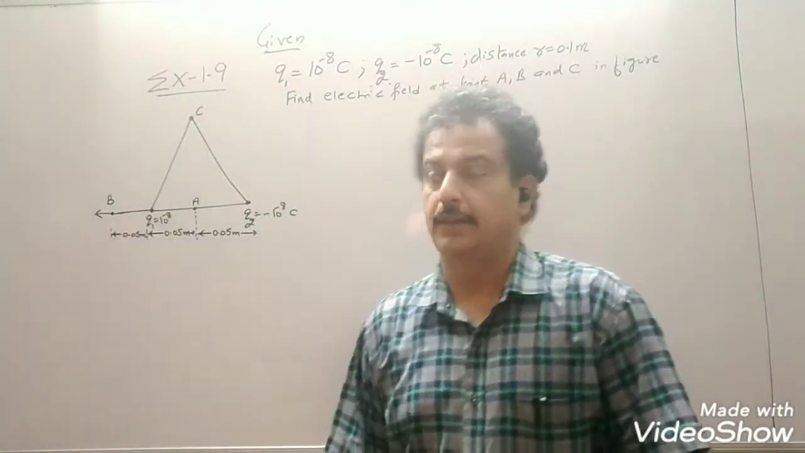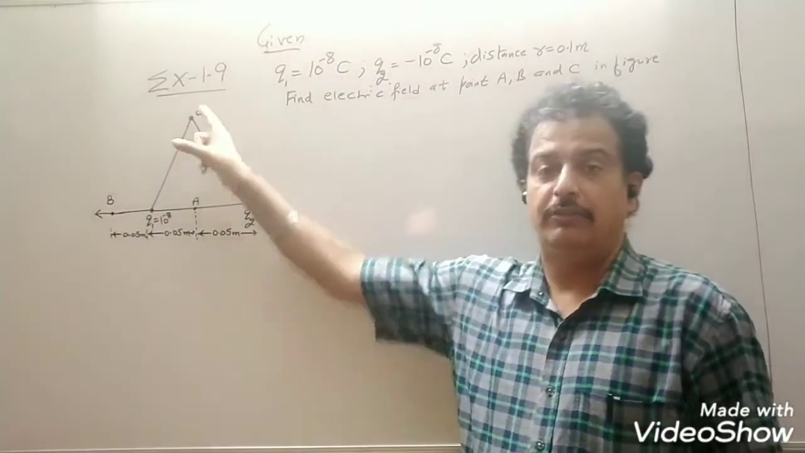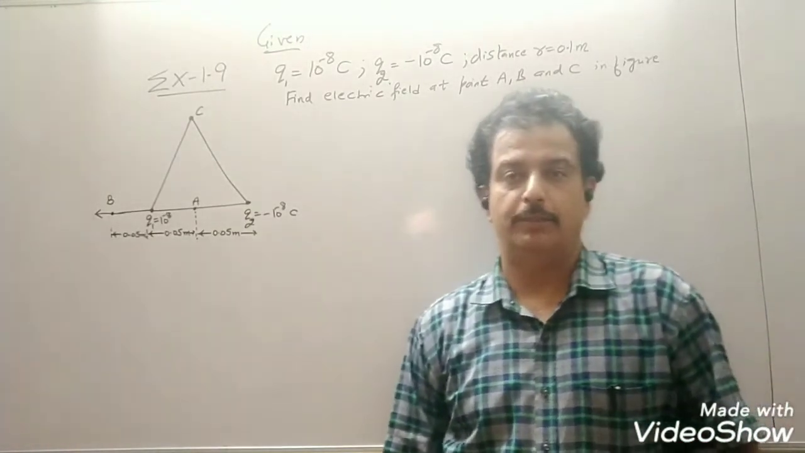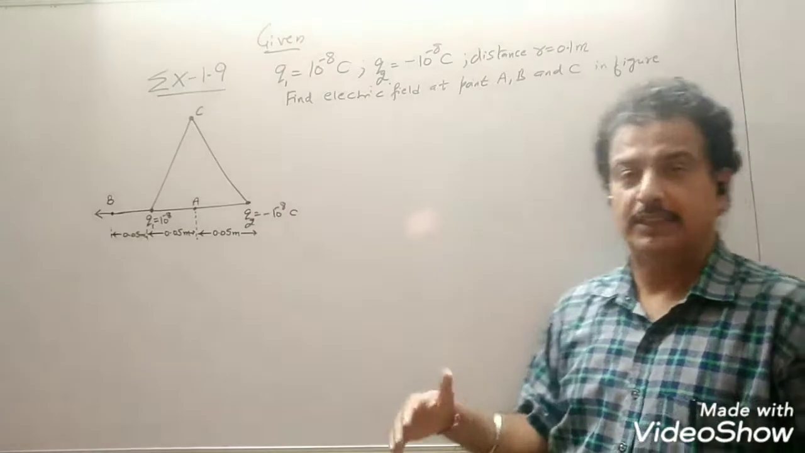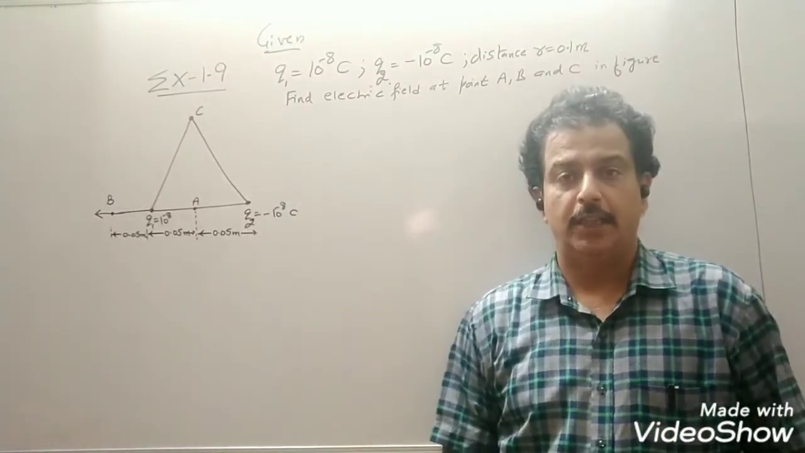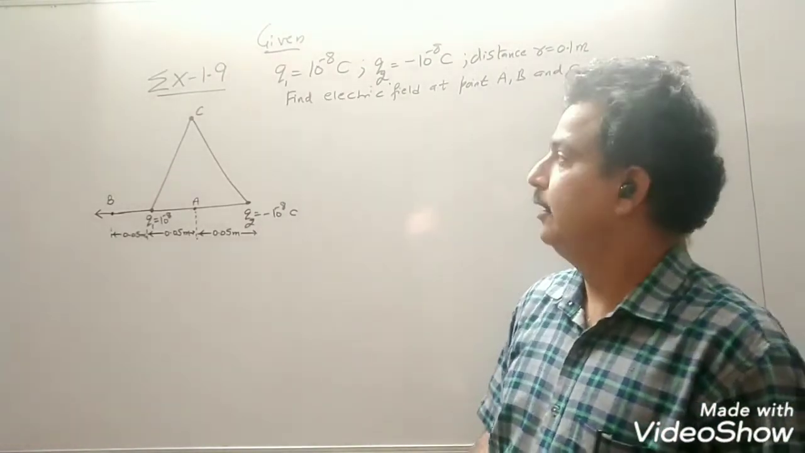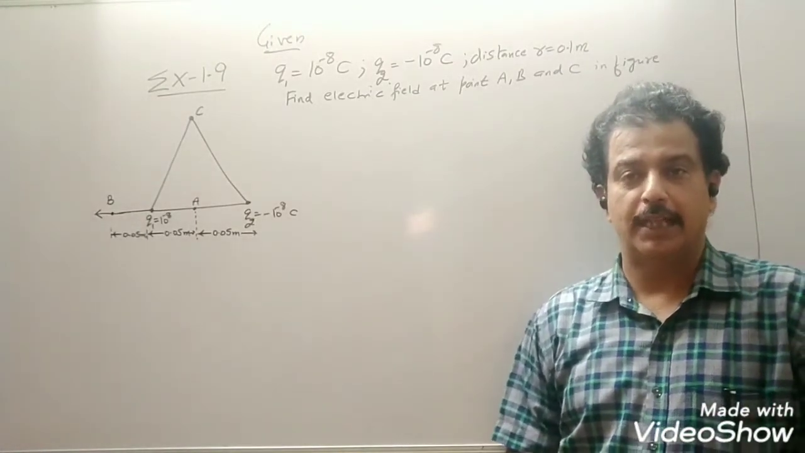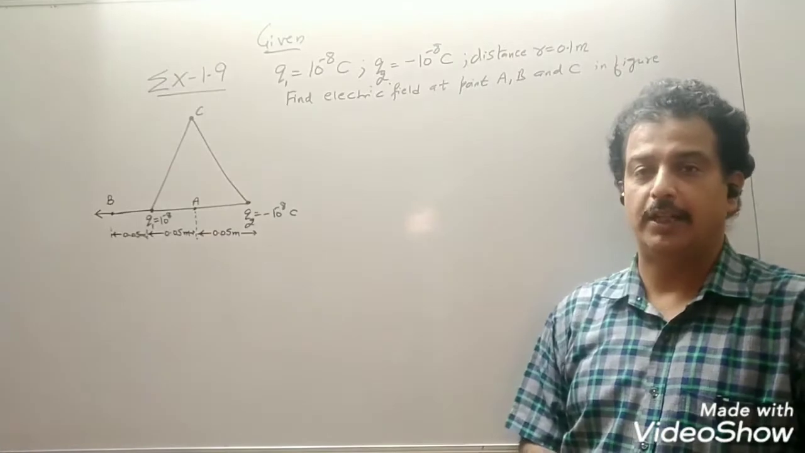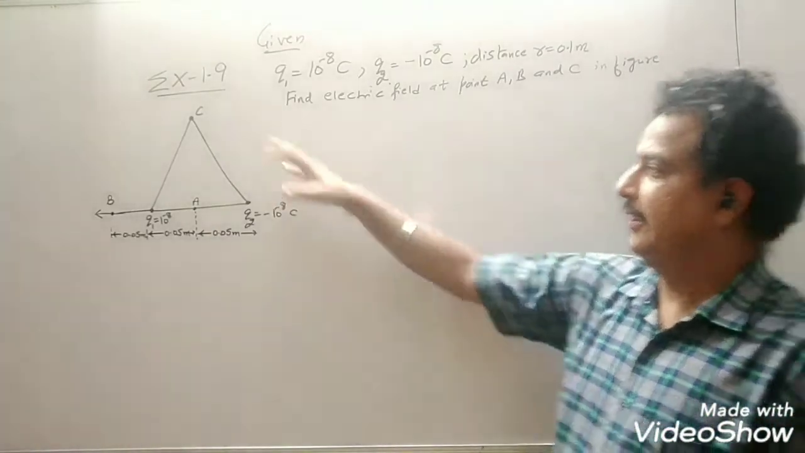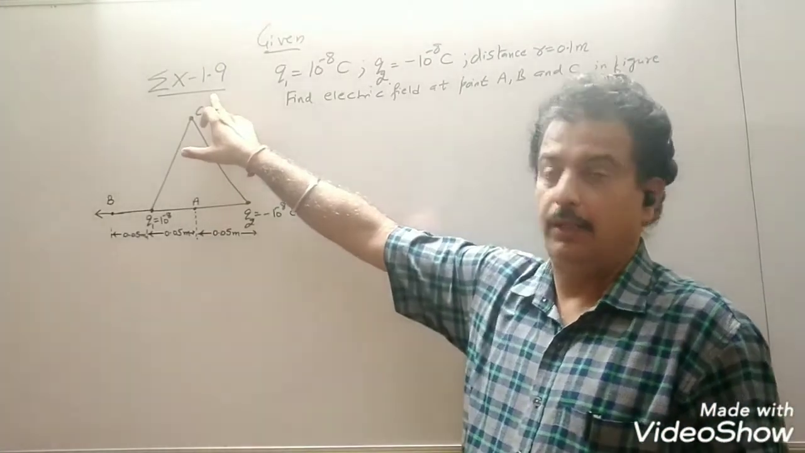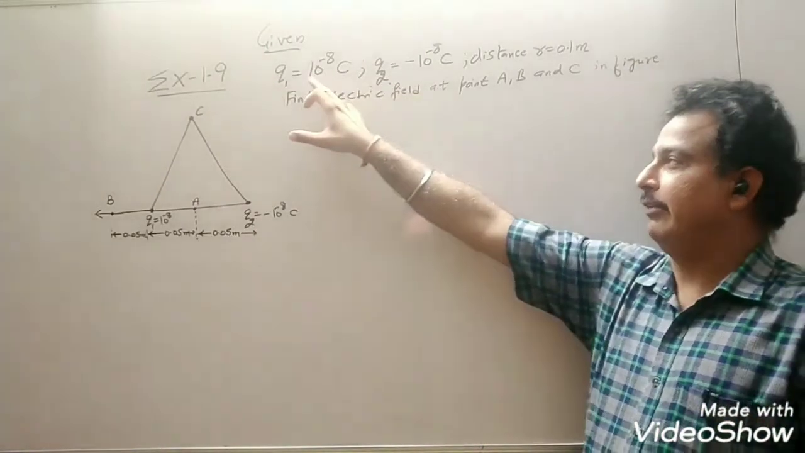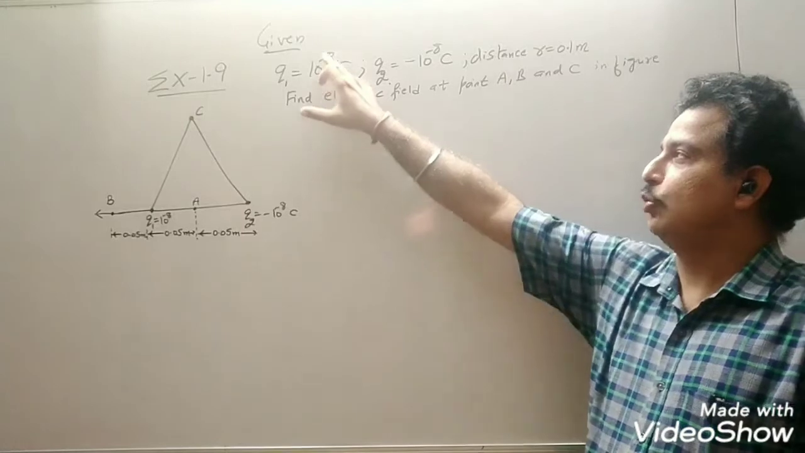Hello students, today we will see example 1.9, which is similar to example 1.6 and 1.7. The only difference is that in 1.6 and 1.7 we found the resultant force when the charges were kept at the vertices of an equilateral triangle. Now let us see here, in this example two charges Q1 and Q2 having charges 10 raised to minus 8